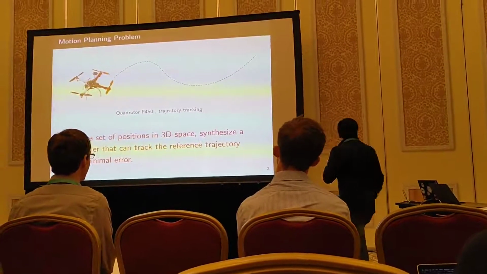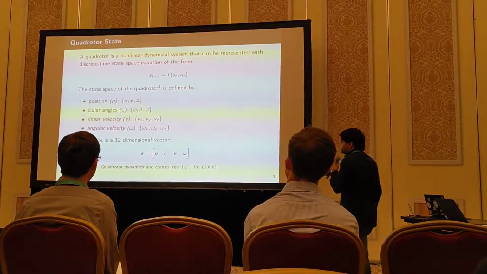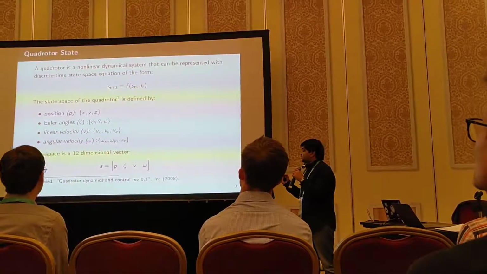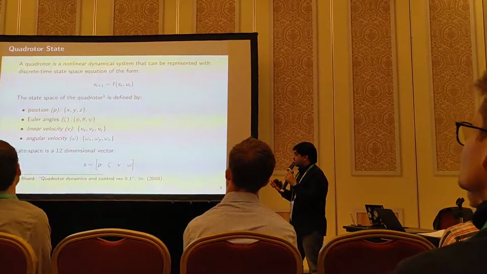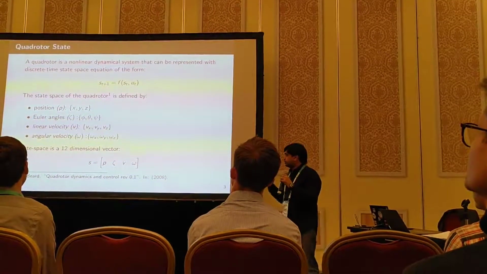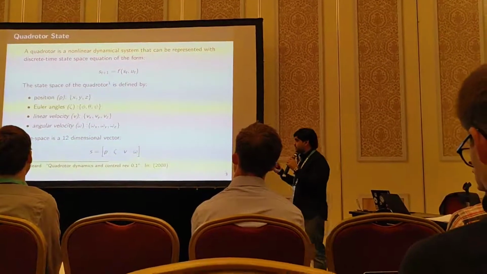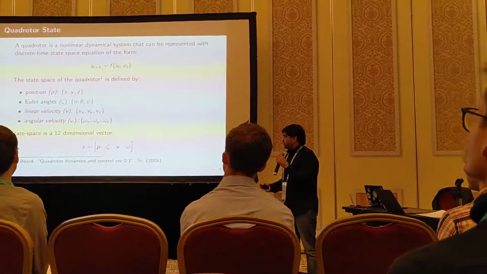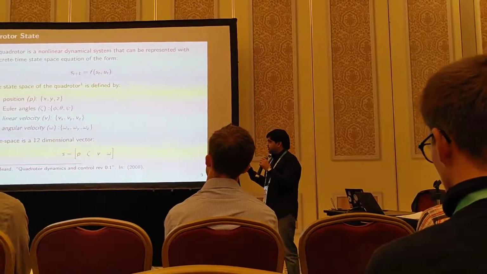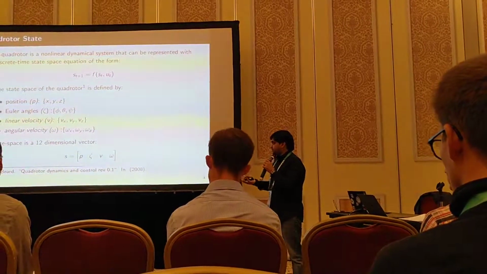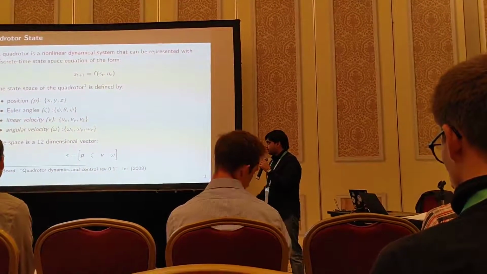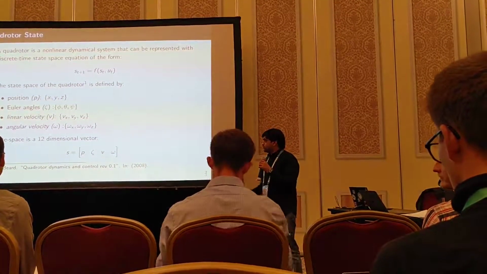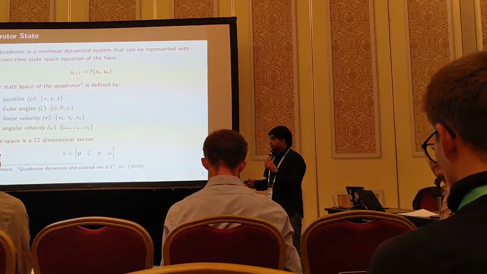This is the F450 quadrotor that we used. The quadrotor is basically a non-linear dynamical system with 6 degrees of freedom. The state space of the quadrotor consists of 3 position variables, x, y, z, the orientation defined in Euler angles, the roll, pitch, yaw, the first derivative of the positions, and the first derivative of the Euler angles called the angular velocity or rates. So in total, this quadrotor has a 12-dimensional state vector.